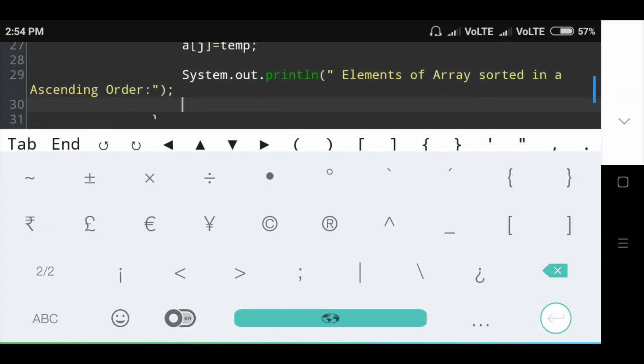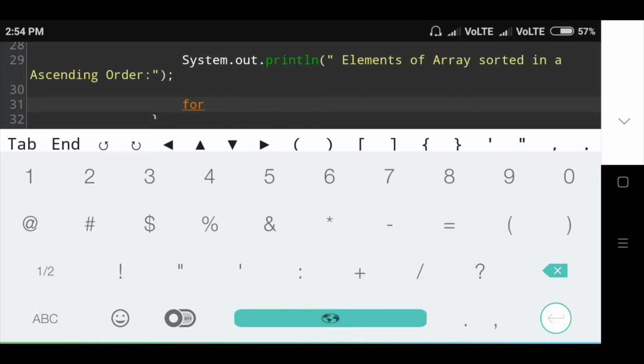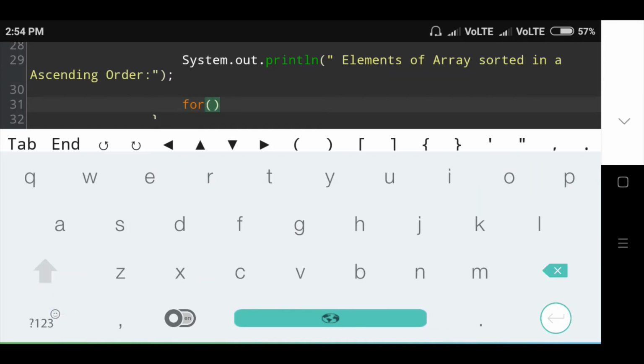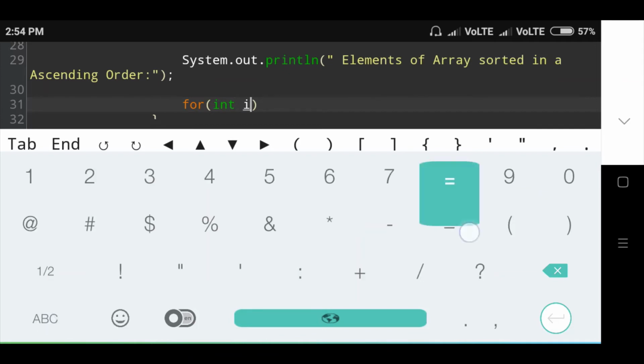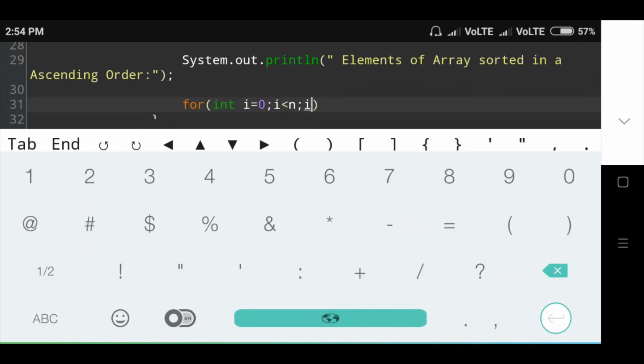Then the next condition, for loop condition. In that, integer i is equal to 0, then i is less than n and i plus plus.